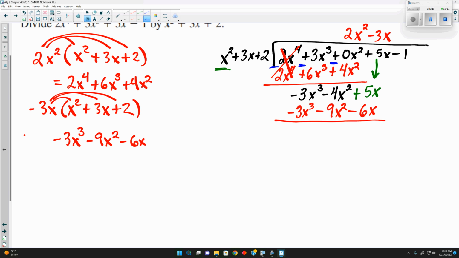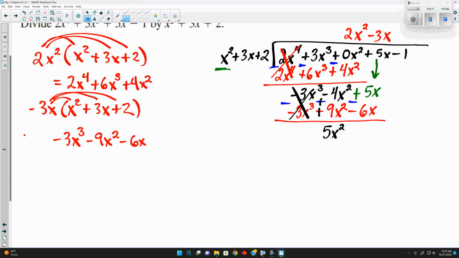Then we are going to subtract again. Negative 3 minus negative 3 is 0, because negative and negative make a positive, so negative 3 plus 3 is 0. So this is 0. Our next one, negative 4x squared minus negative 9. Well, the negative would make a plus. So negative 4 plus 9, or 9 minus 4, is 5x